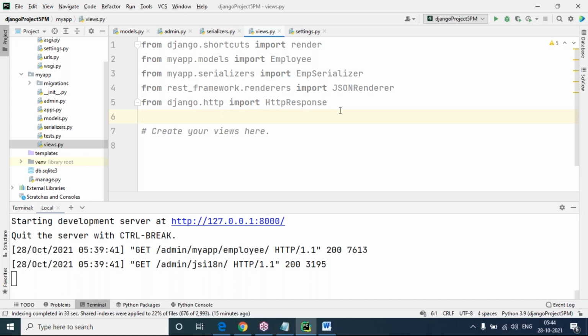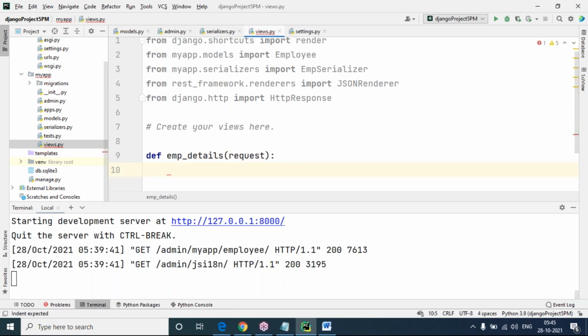I am going to create a function based view. What view am I creating? A function based view. How can we recognize a function based view? Because of the def keyword I'm using here. Observe, I'm not using class, I'm using the def keyword. My function based view name is emp_details, and the request object is common in function based views.